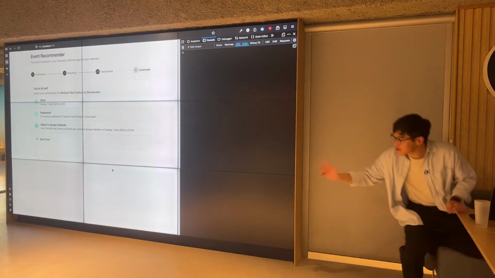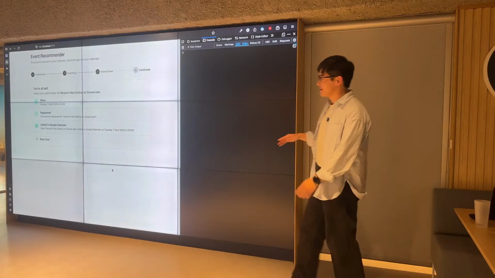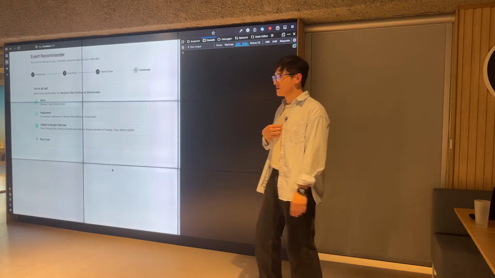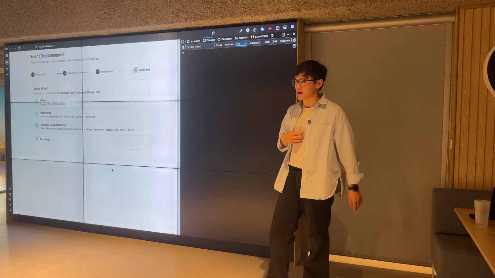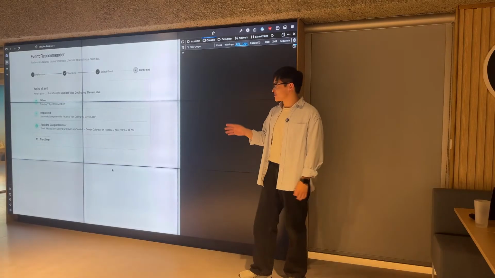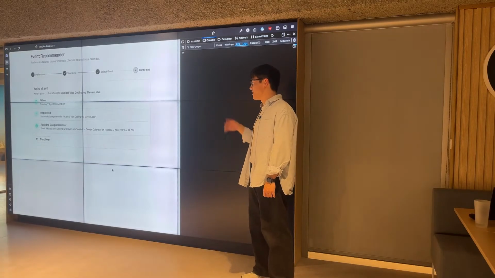okay, this step for now, for the demo, is actually mocked. So it didn't actually update my calendar, and it didn't register on my behalf, because I don't want to actually go into that step just for this talk yet. But it's very doable.